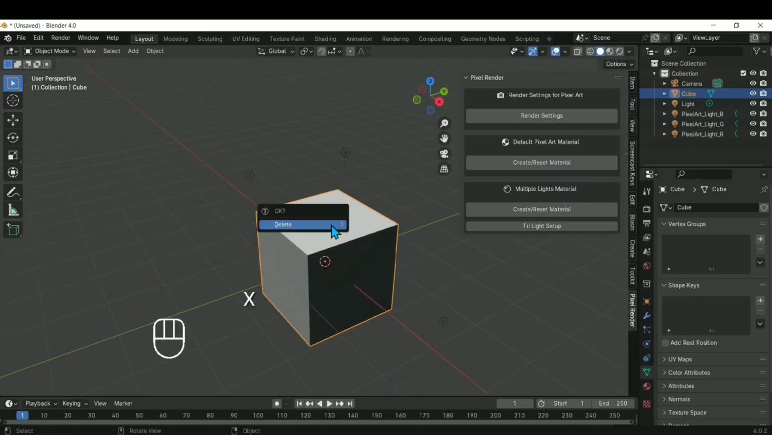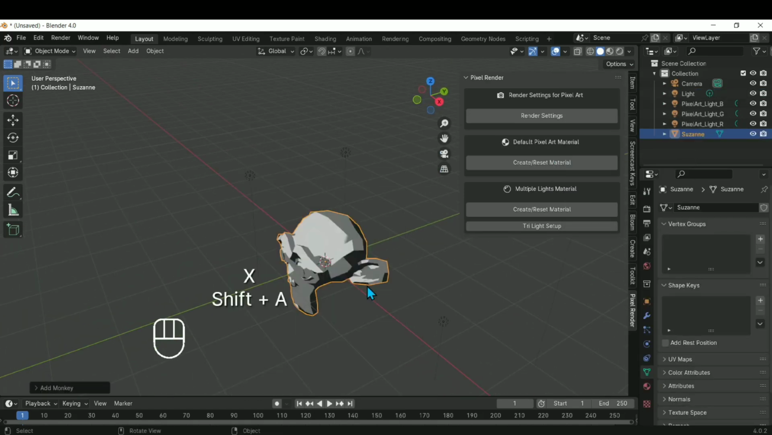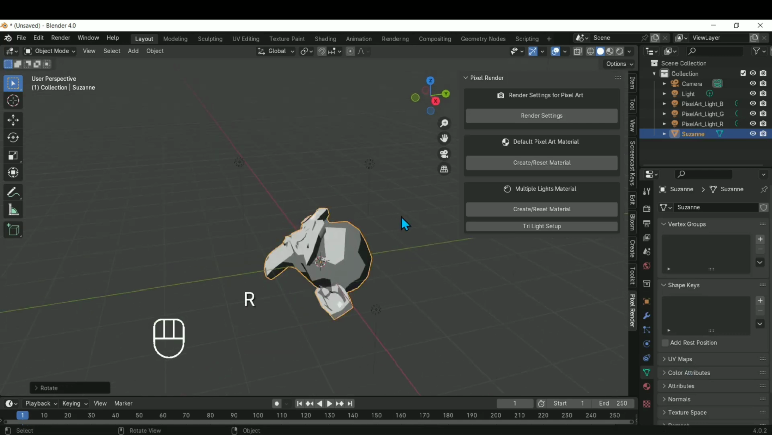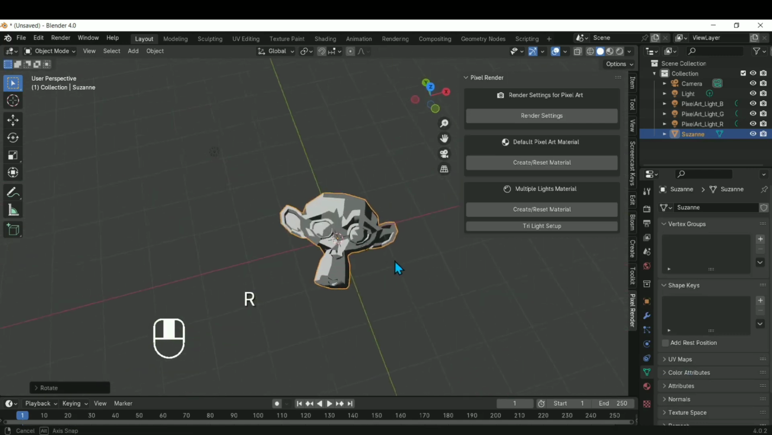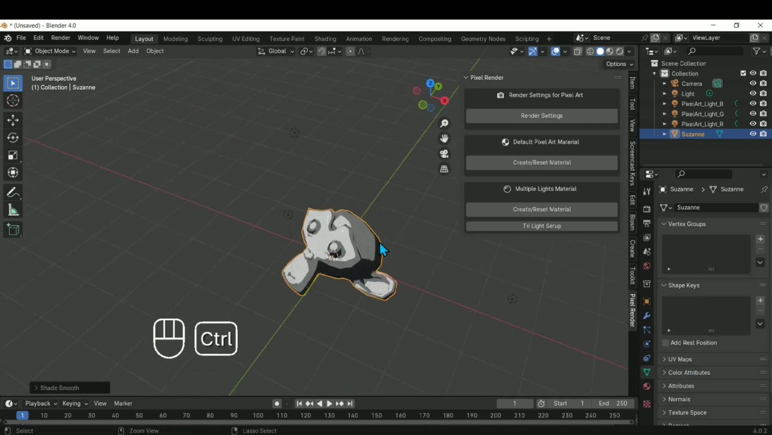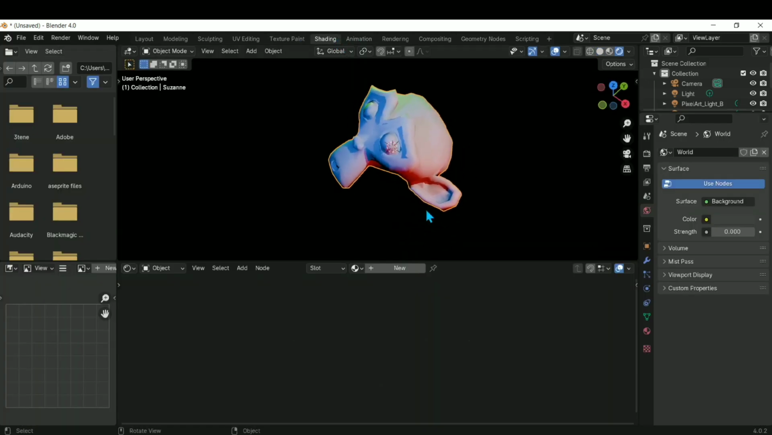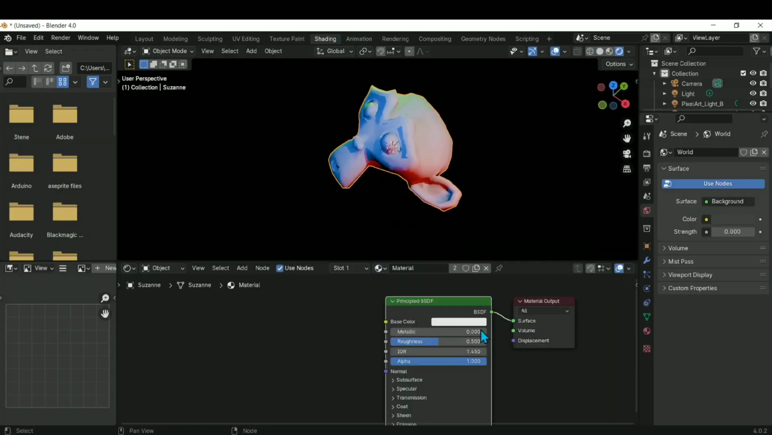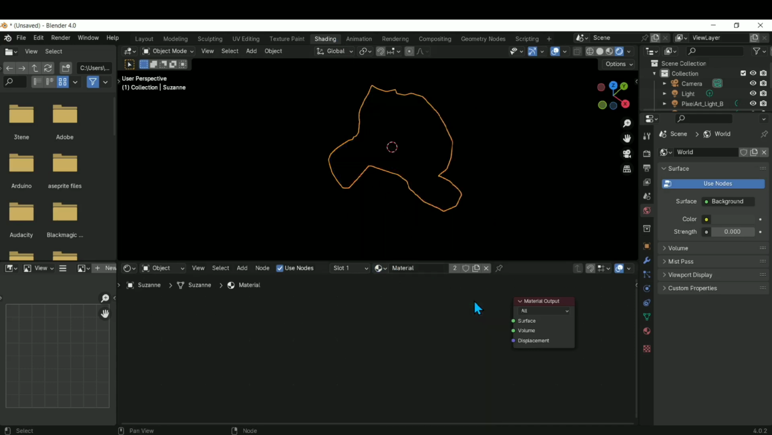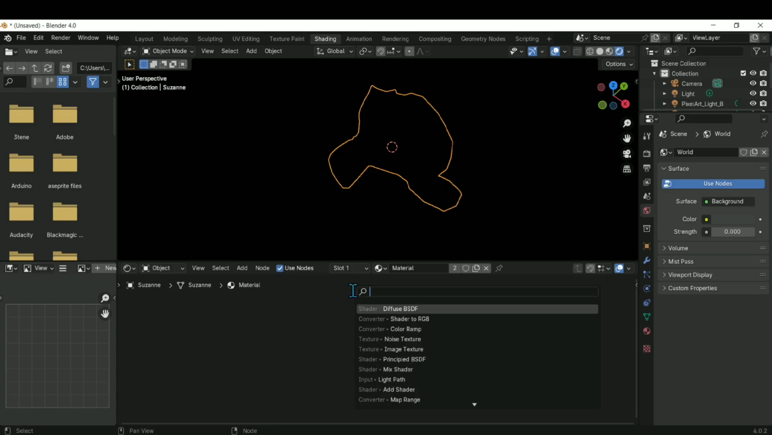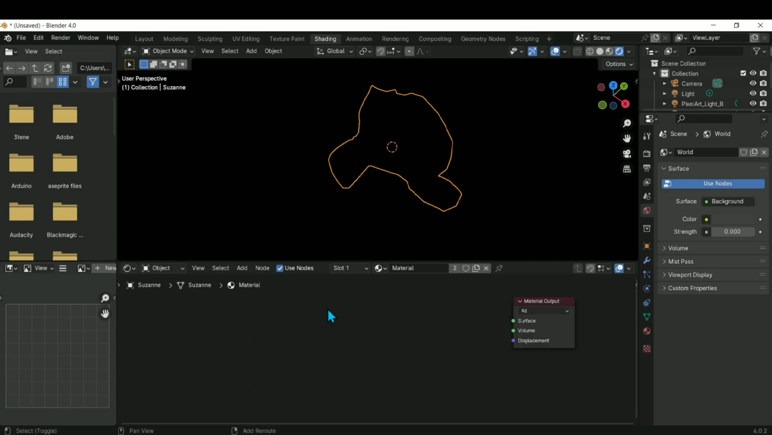It doesn't show properly, but I'm going to go ahead and add Suzanne the monkey and you'll see. This is the basic Toon Shader setup. Now this can be made using a simple Diffuse BSDF. Let me show you here. So select this, select the material, delete the Principled BSDF, then press